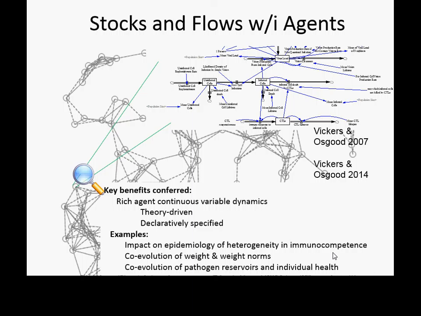So here, for example, we could capture an agent's changes in their immune system activation as they are exposed to infection, to pathogen, through interactions with those around them. Yes? I think I understand it, but what was the question here for this particular model? This particular question that we were interested in was understanding how differences in immune system strength throughout a population would impact the spread of infection through that population.